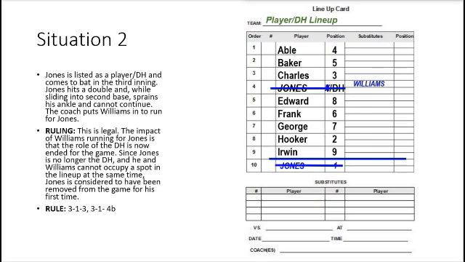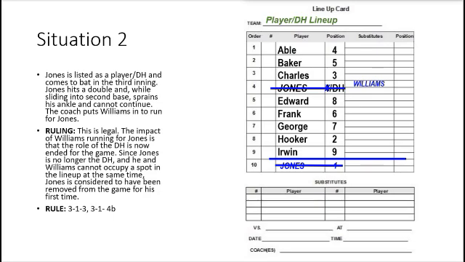In the second situation, Jones is also listed as a player DH and he happens to be the pitcher as well. When he comes to bat in the third inning, he hits a double. He sprains his ankle sliding into second base. In this situation, the coach wants to put Williams in to run for Jones. This is legal, but the impact of this substitution is that Williams replaces Jones offensively, which means the role of